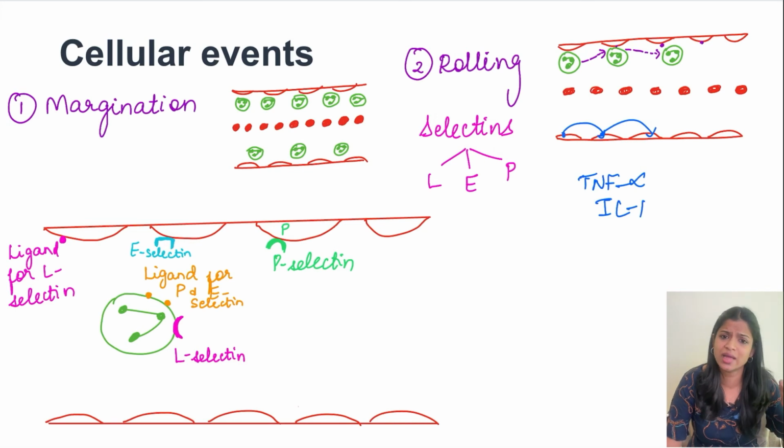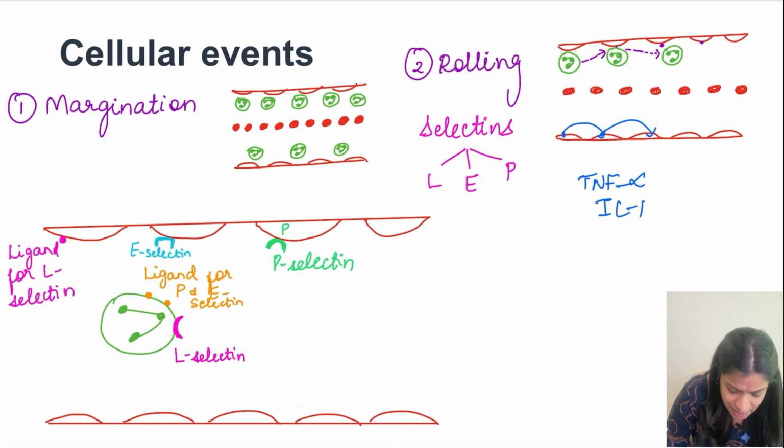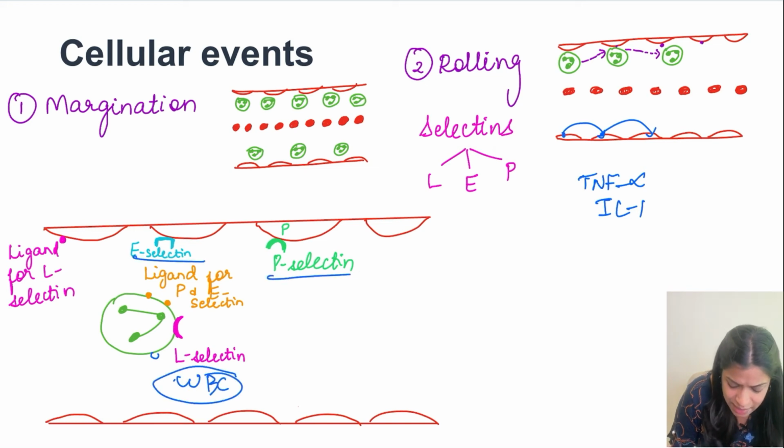L-selectin is the one which we have in WBCs. L stands for leukocyte. E-selectin is present in the endothelium, as the name suggests, E. P-selectin is also present in the endothelium. These P-selectins are normally present in the Weibel-Palade bodies inside the endothelium. So L-selectin, we see, is present on the WBCs here, while P-selectin and E-selectin are going to be present